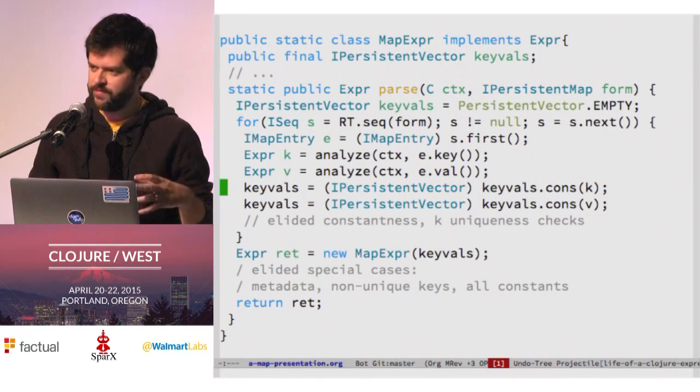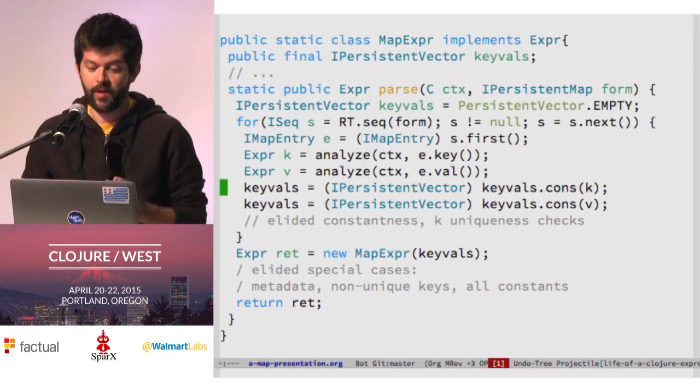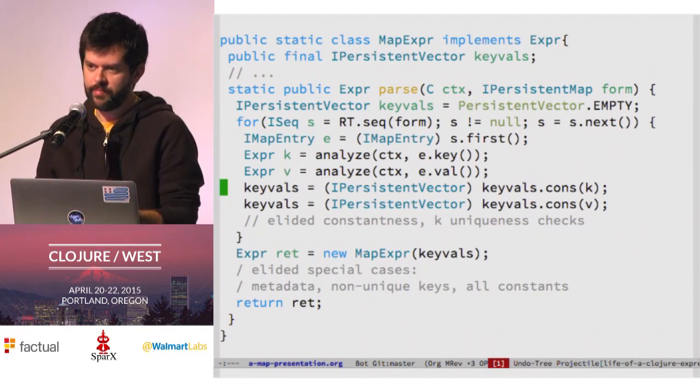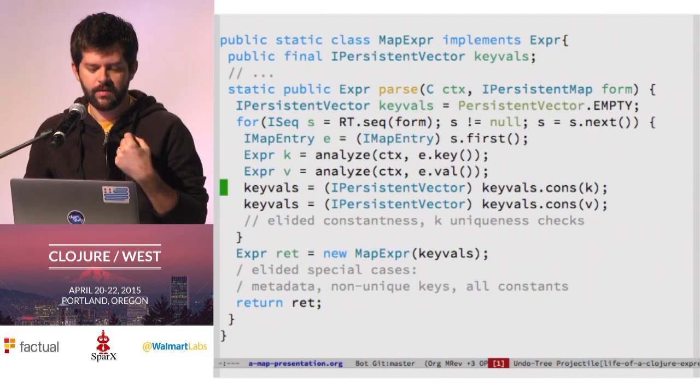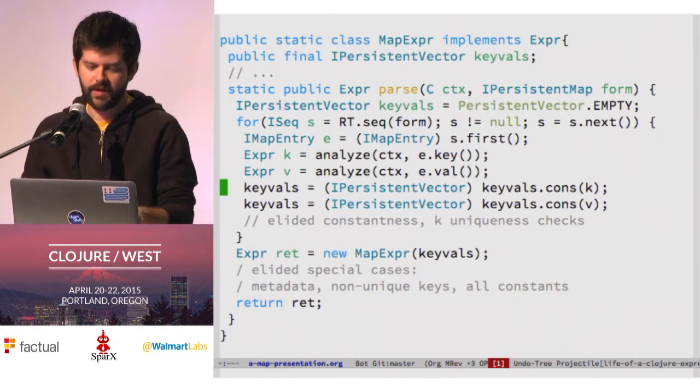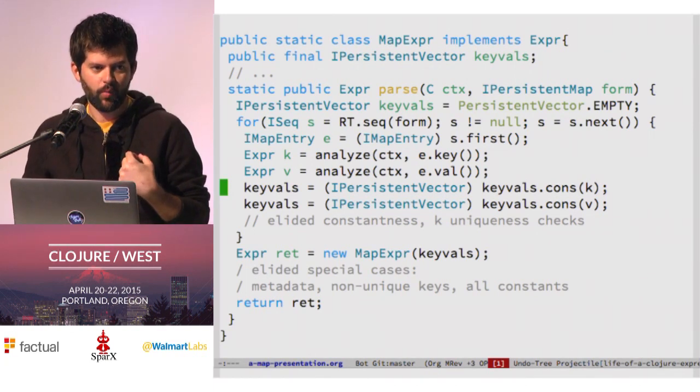And I think it just sets a few booleans to keep track of those things. And then depending on how that all came out, there are a few special cases. So we create this map expr, but then the things it checks for that I'm not showing you the details of were, well, is there metadata